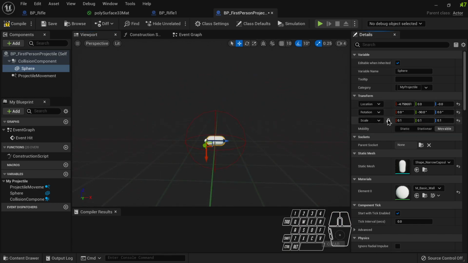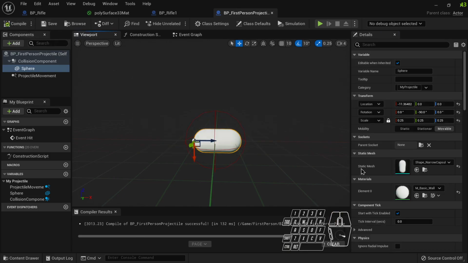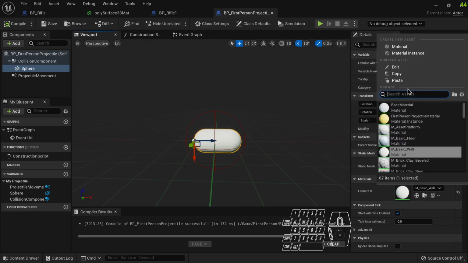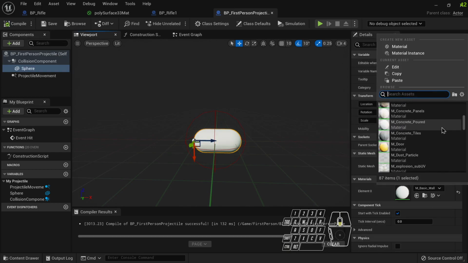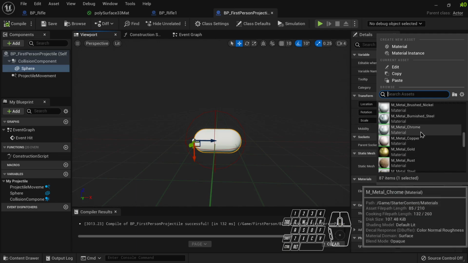And we can scale it uniformly by pressing this lock icon. So it will scale all the values of X, Y, and Z together. So 0.25. So X, Y, Z, all of those have 0.25 now. We'll move it around here. Hit compile and save. We can also change the material in this. So we have all the materials which are included in the starter pack. So we can select any material,